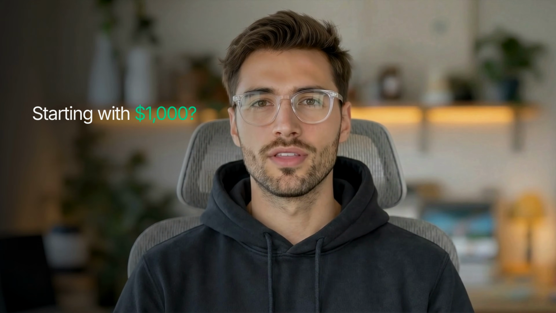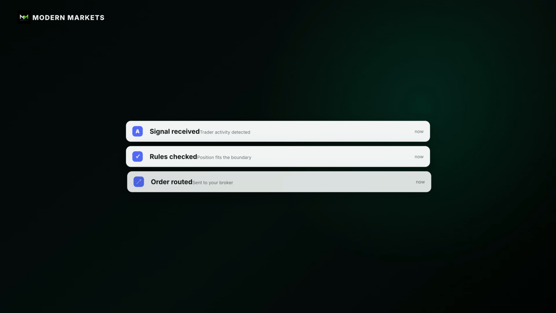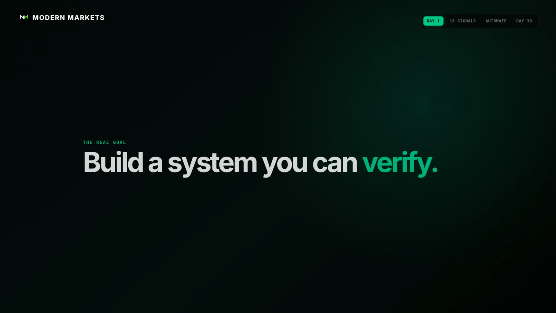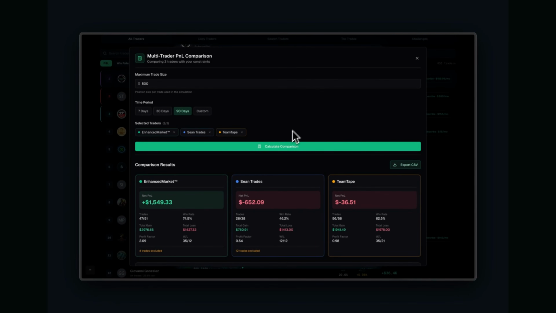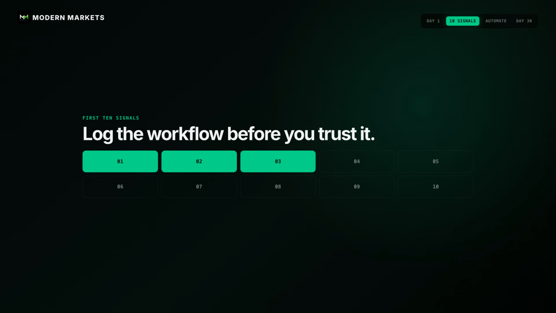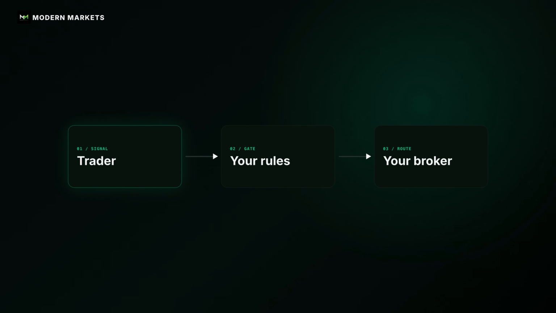If I had an account with $1,000 or less and wanted Alertsify to copy trades while I was at work, at the gym, or just away from my phone, this is exactly how I would set it up. I would follow one trader and start with the smallest position that could actually fit the account. For the first 10 signals, I would keep control of every order and make sure the right trade was reaching the broker. If those 10 signals came through cleanly, that is when I would start letting Alertsify handle more of